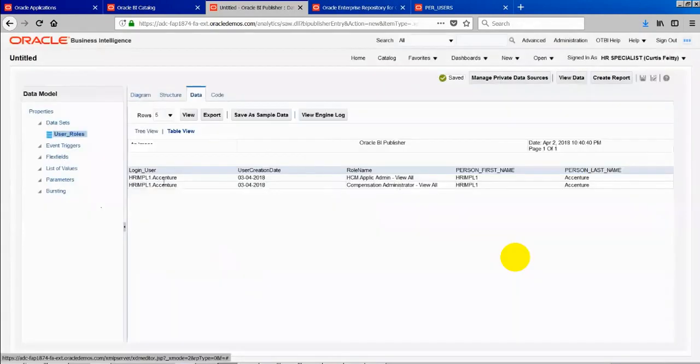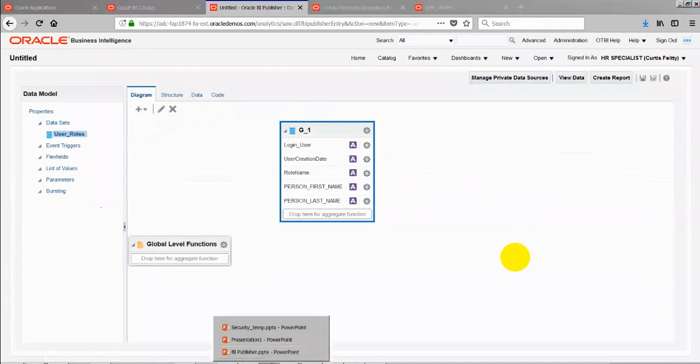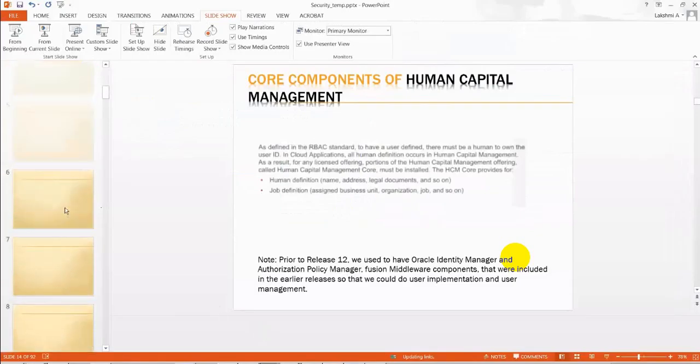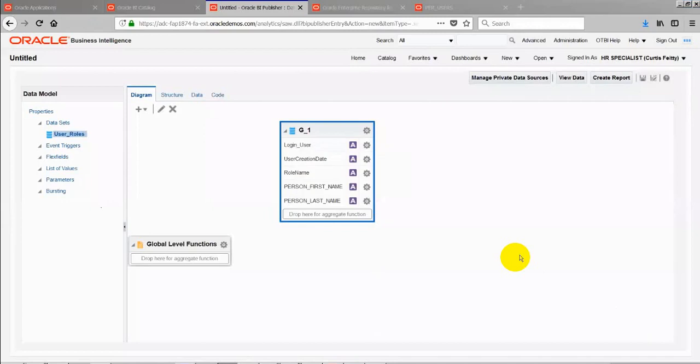So for Accenture, we have assigned 2 roles, right? Admin view all, and this one, and first name and last name. We assigned that. So yes, these are the tables which we already have in our PPT.